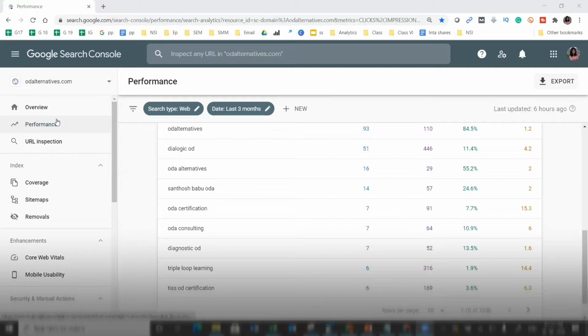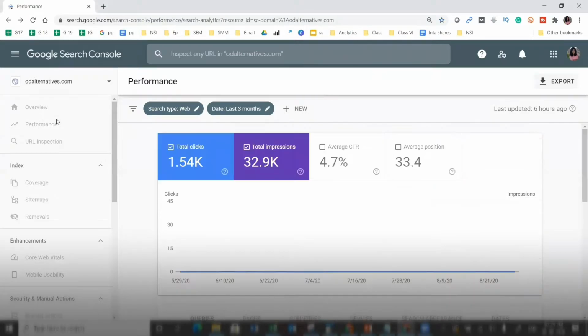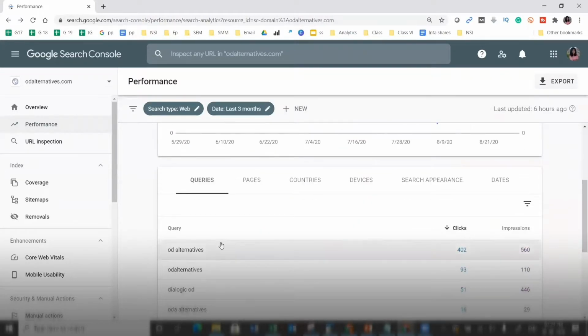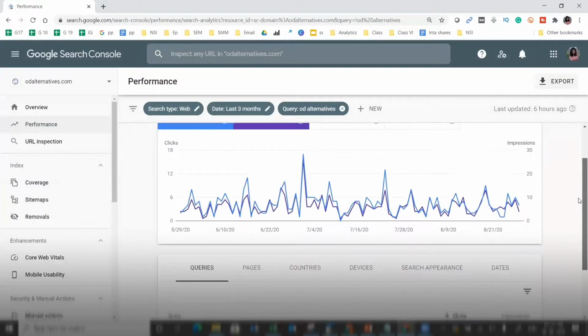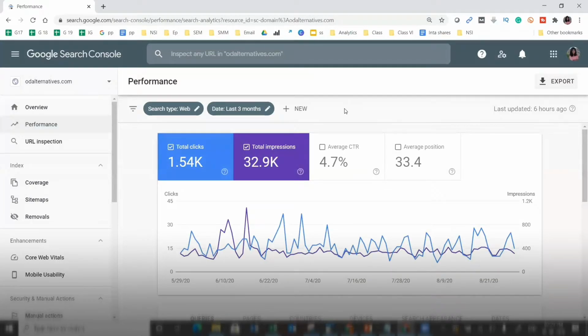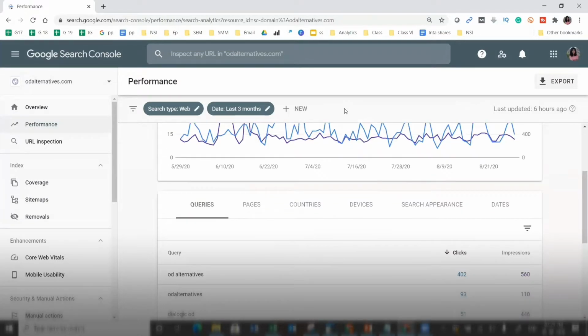So let's quickly get to, actually we'll first start with the performance report. This report, as I said, shows the overall performance in Google. And we will start the analysis, but let me first open this website for you. Is the font readability fine? Do I need to zoom in or zoom out?